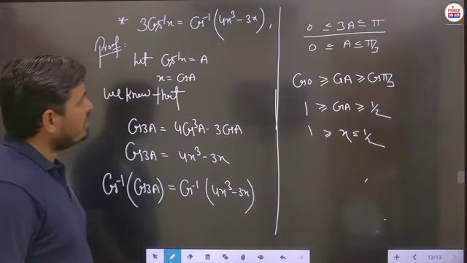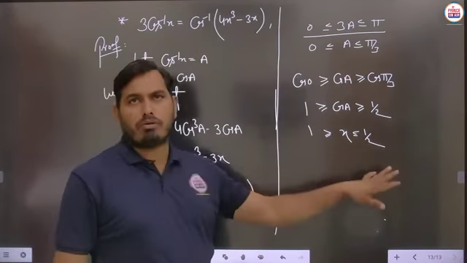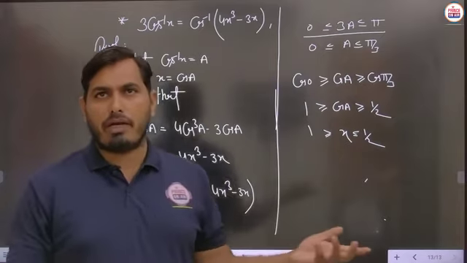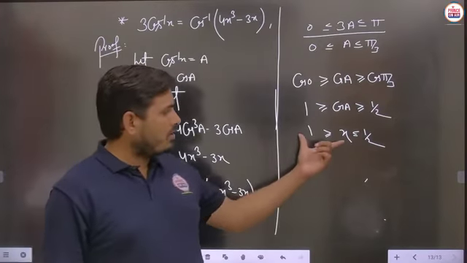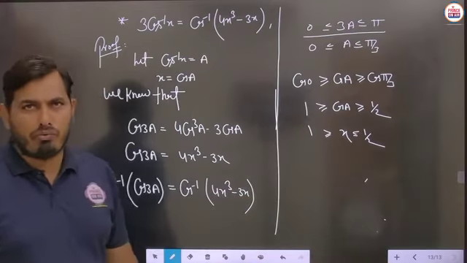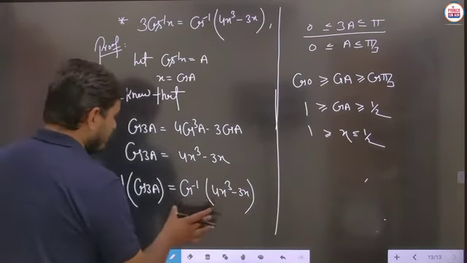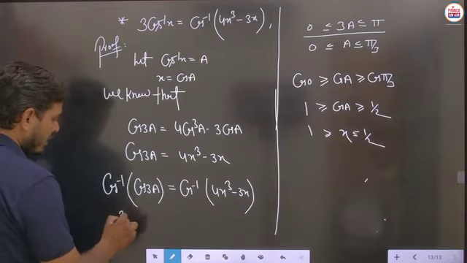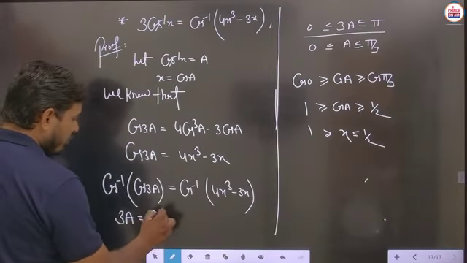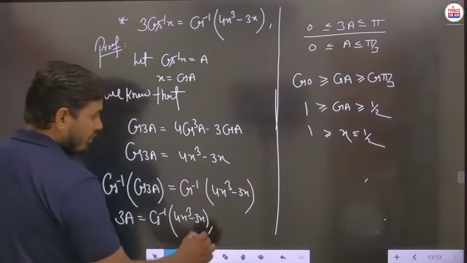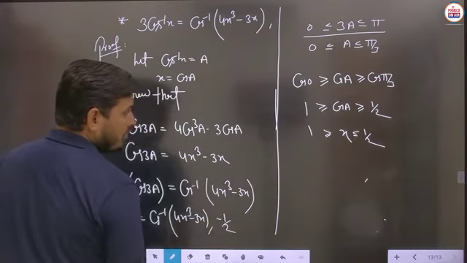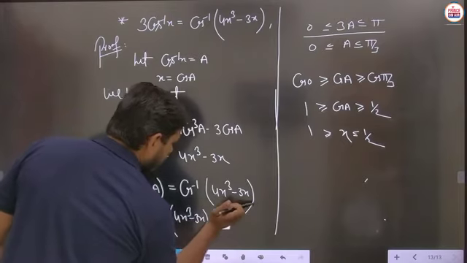You can just calculate the situation in this way also. Sometimes, suppose we are not getting the proper situation, then you can get the situation like this. So you can say that this x will belong to 1 by 2 to 1. So definitely in this case, if we have to write this 3a, then it will become cos inverse of 4x cube minus 3x, but in what cases do we have to take this part as plus?